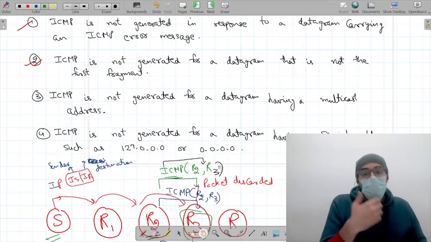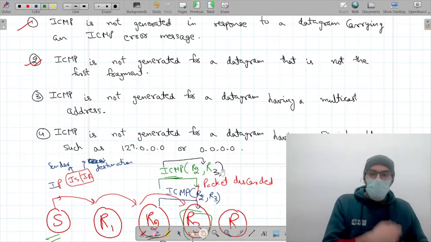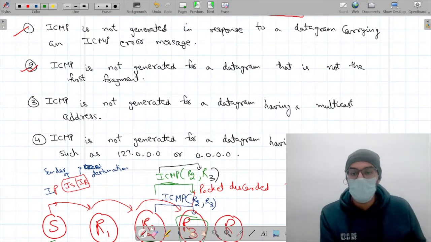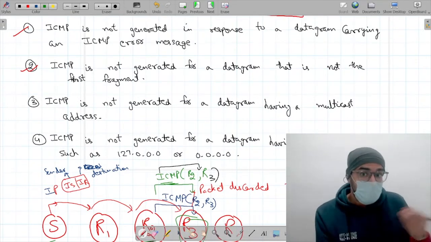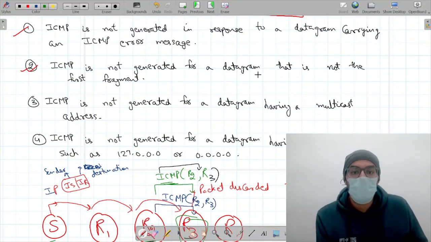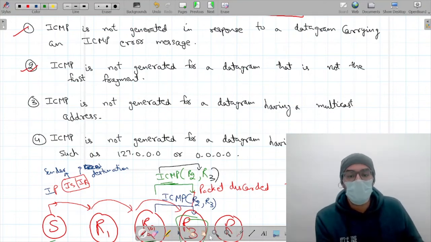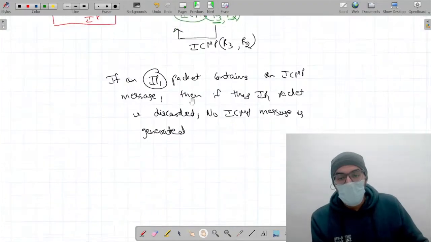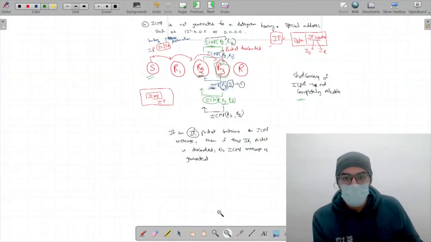This might be asked by your teacher in your interview or somewhere else. This is a really important point, and this is pretty conceptual as well. The second point is ICMP is not generated for a datagram that is not the first fragment. What I mean by this is simply